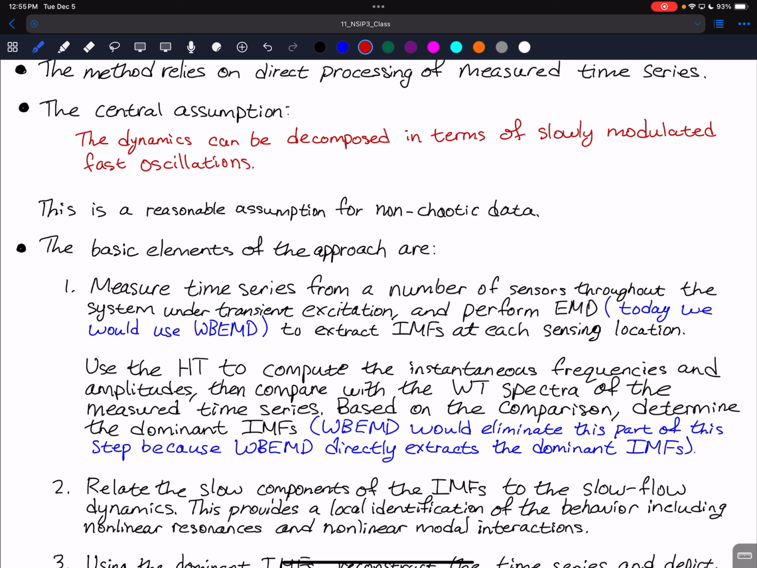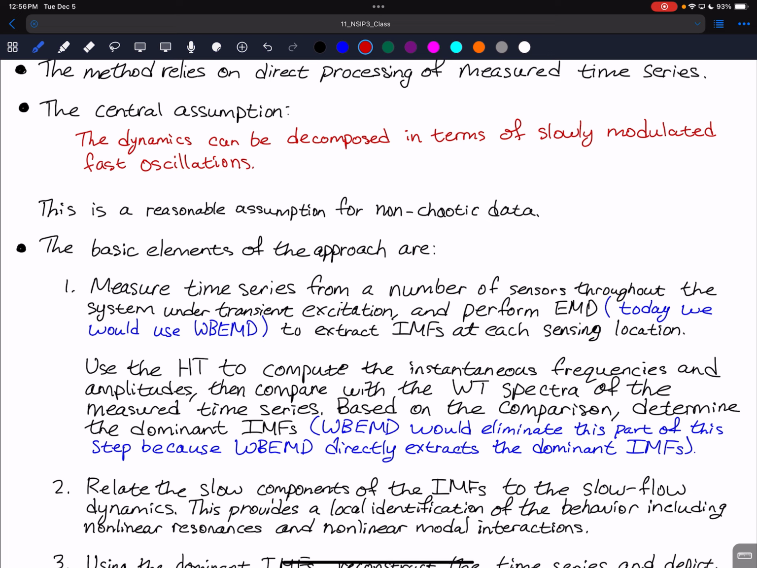That's just a good practice in general to make sure your IMFs actually make sense and represent what you're looking for, whether you're using EMD or the wavelet bounded EMD. And then in the original paper, they say based on that comparison, you're going to determine what are the dominant IMFs. So what they mean here is that when you just apply the basic EMD, you